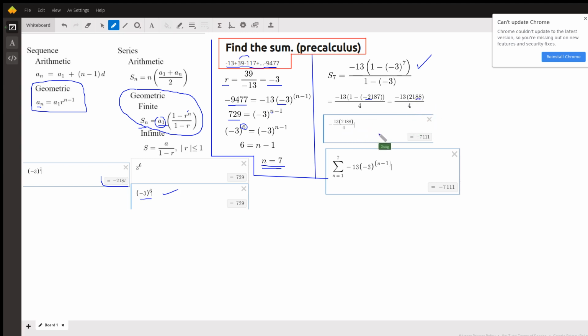And if you actually do the calculation, you get -7,111. That's what these 7 terms add up to. And here's kind of proof. Using the summation formula in Desmos, the sum from n equals 1 to 7 of this formula right here, -13 times the common ratio raised to the n minus 1, is